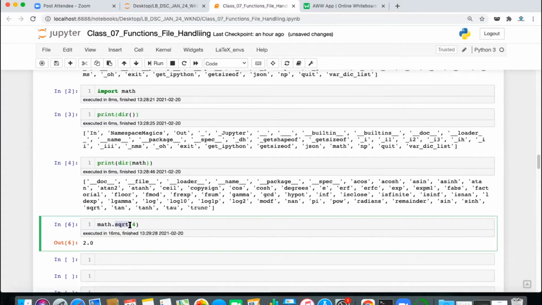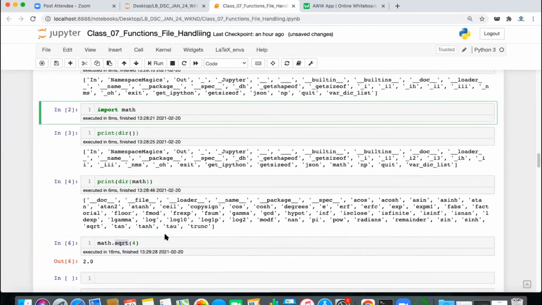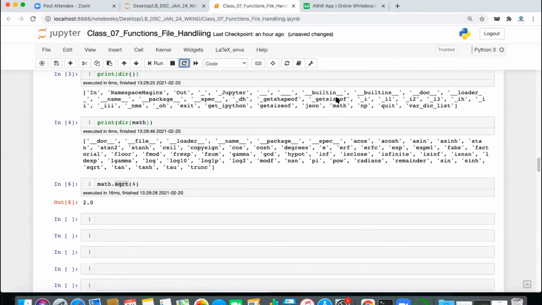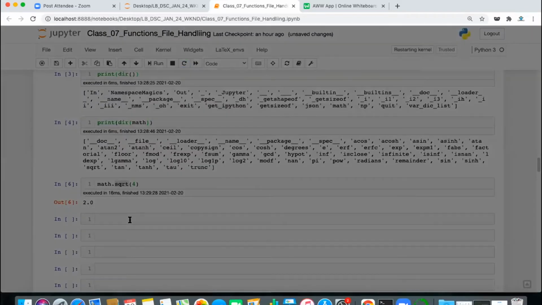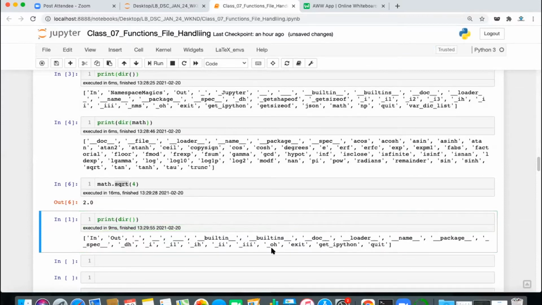Okay, fine. Now there is another way of importing. For example, if I restart this and check my current directory, you will see that math is not available, correct? And no function is available.